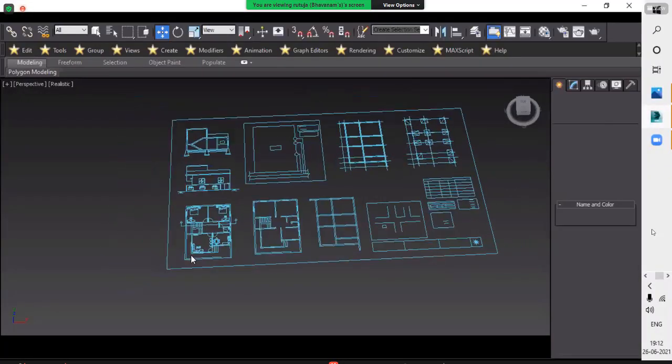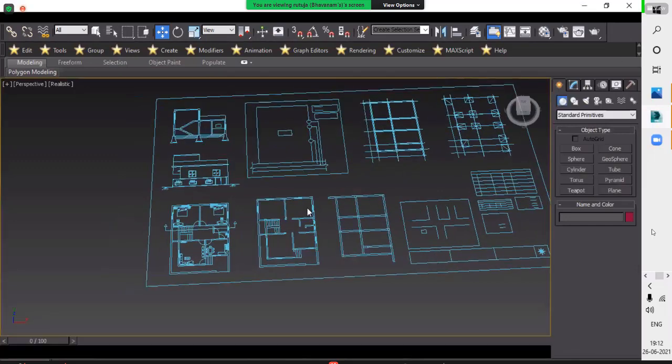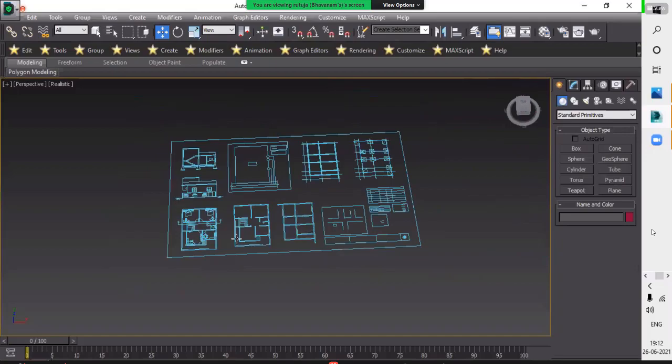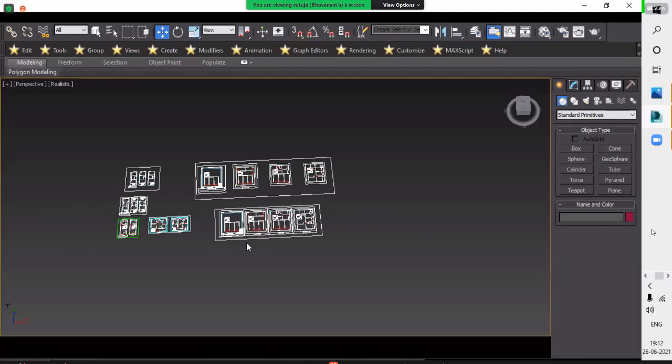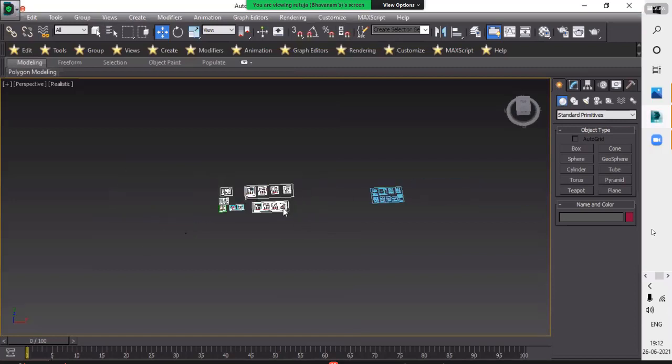So there is your ground floor plan. That's the method to import your plan in 3ds Max. Okay. For now, we can delete it and start today's work.